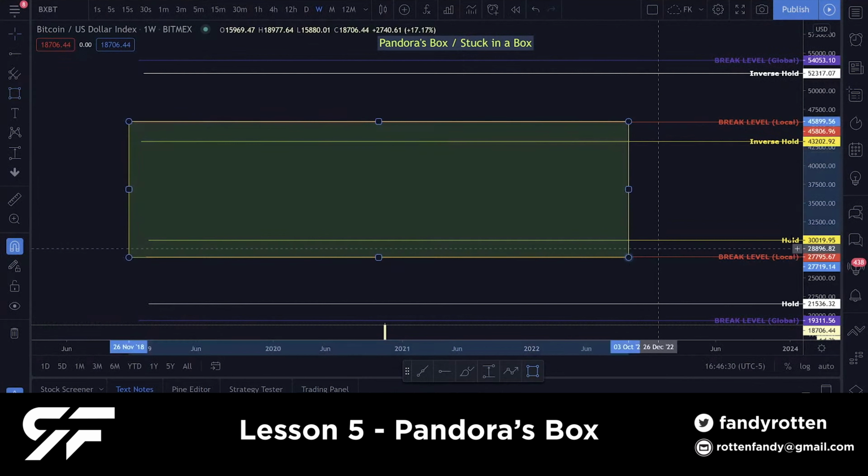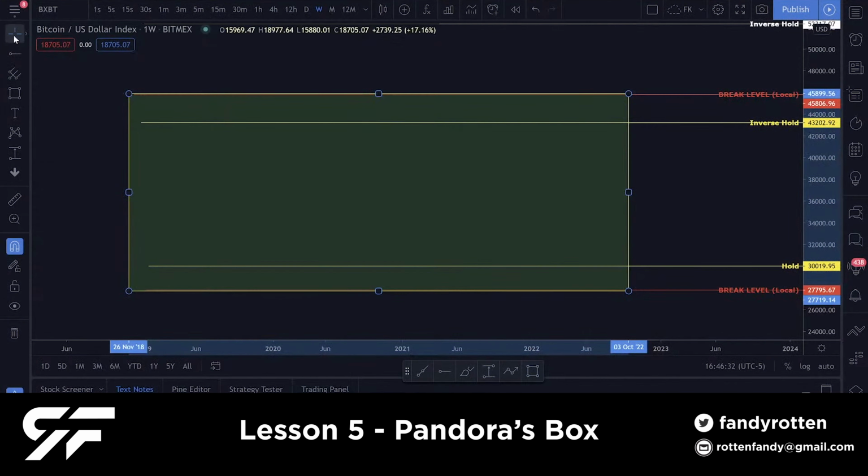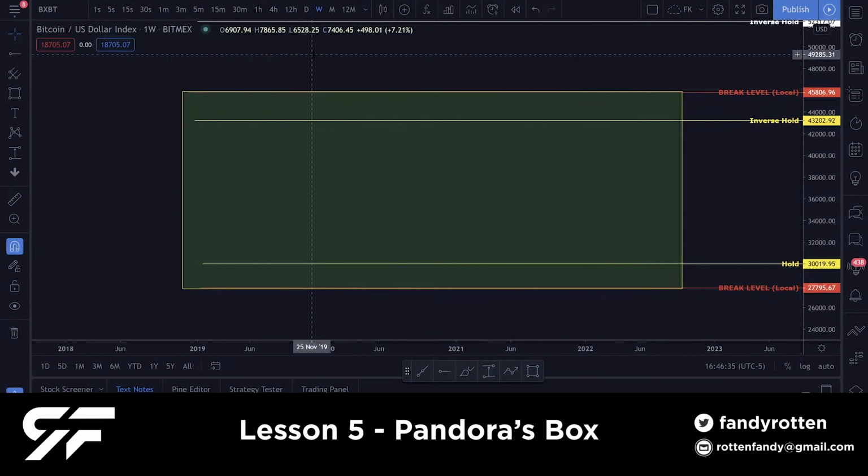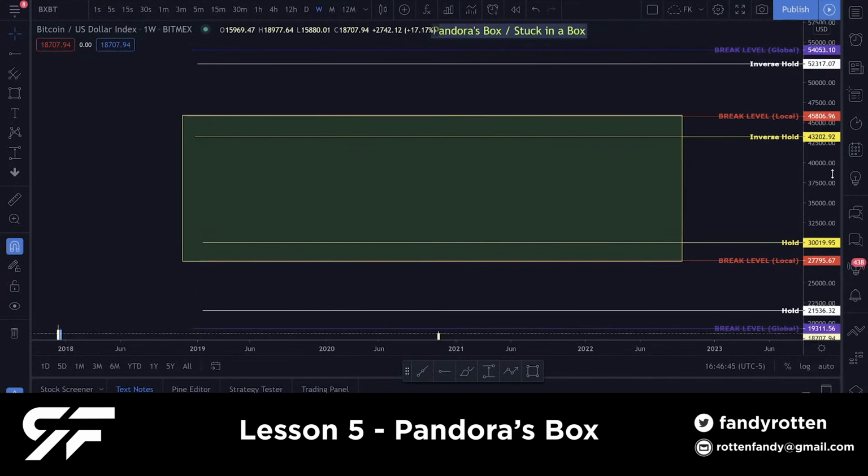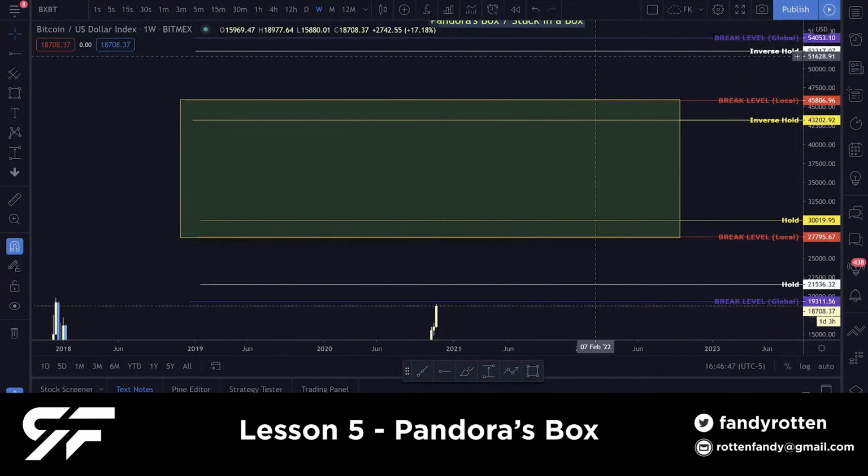I want you guys to focus on this box first, right? We'll only focus on one box, because we know that, just like trends or cycles, we've got local, global, legacy Pandora's boxes as well, right? So I created this bigger box, like global, or it could be another one, lower or higher, Pandora's box that the move could be stuck in. At the same time, the move could be stuck in several different boxes, but we're going to focus on one box